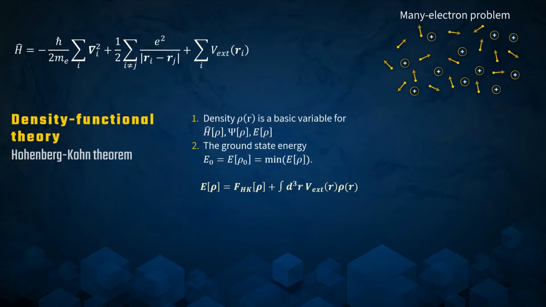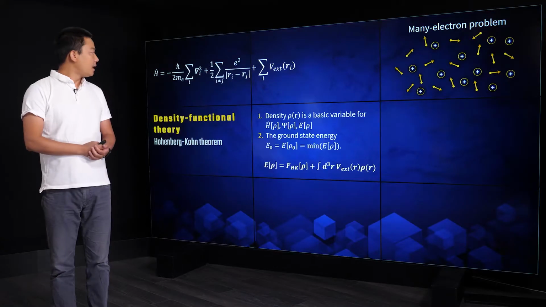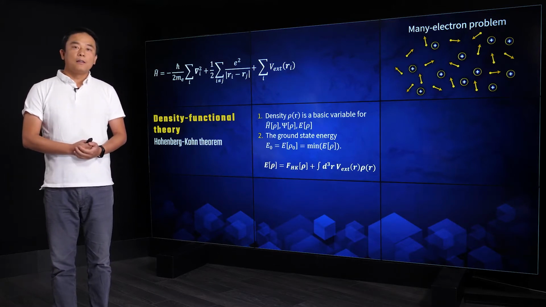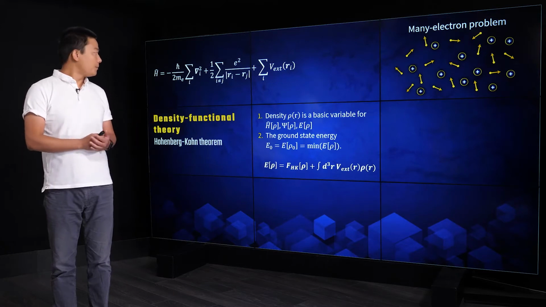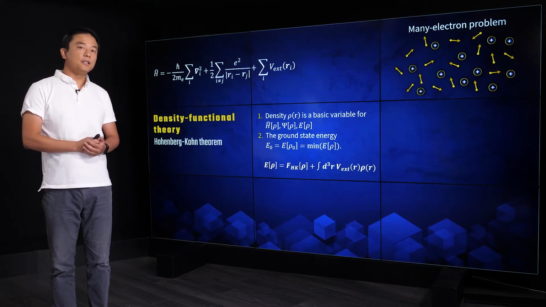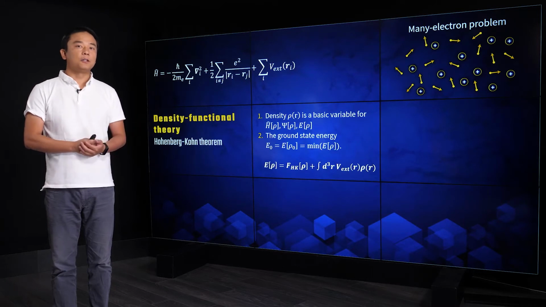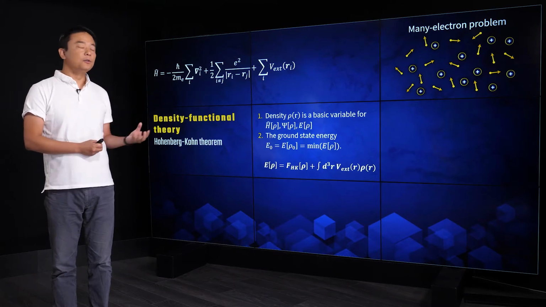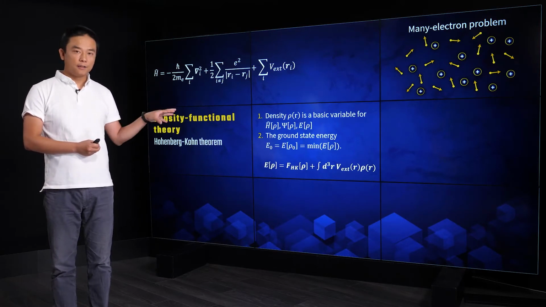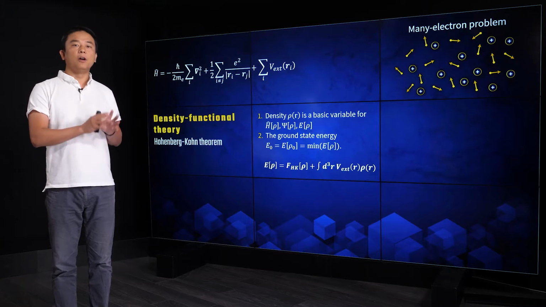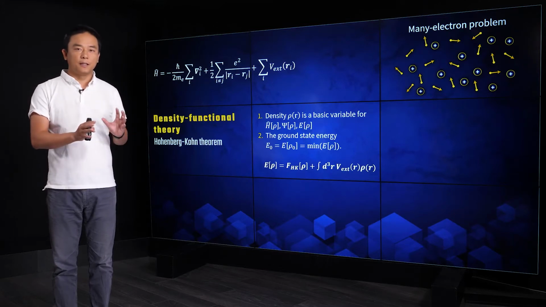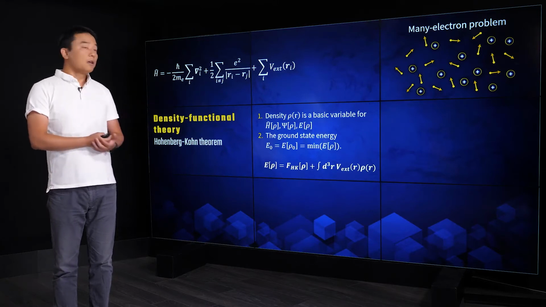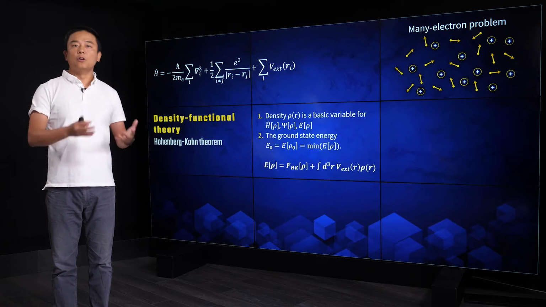The DFT theory was developed in the 60s, and there are 2 very important assumptions. The first one is that the system, especially the Hamiltonian, the wave function, and the total energy, can be written as a function of the total charge density. The second one, how to calculate the charge density, is just to minimize the total energy and find the ground state. As long as we reach the ground state, we obtain the correct charge density, the ground state charge density. When we have the charge density,